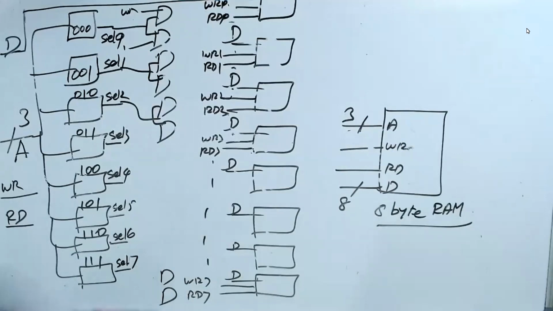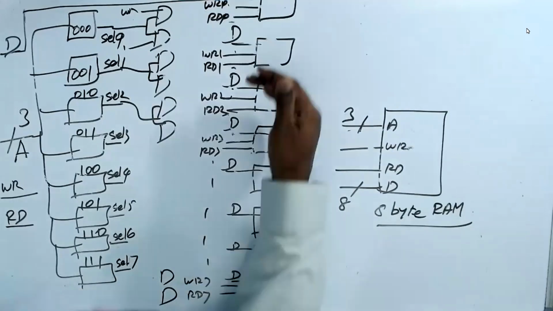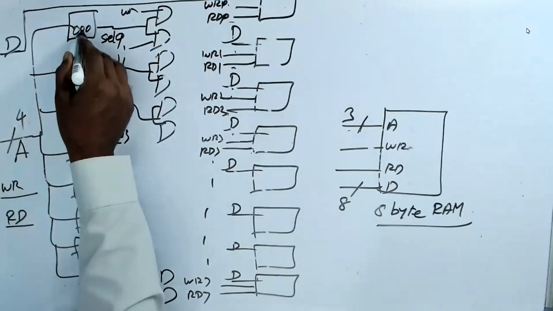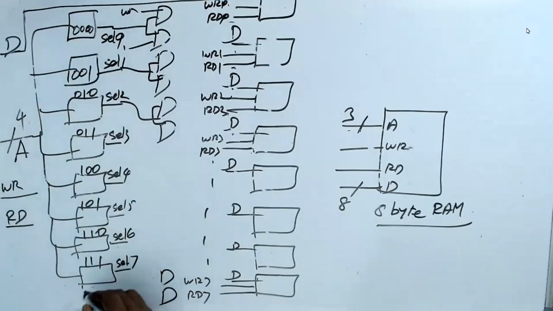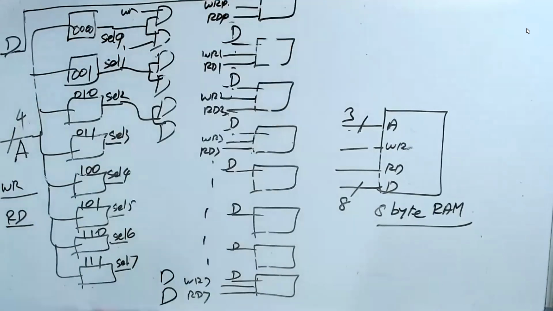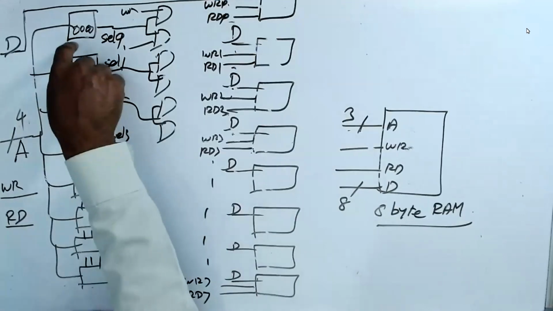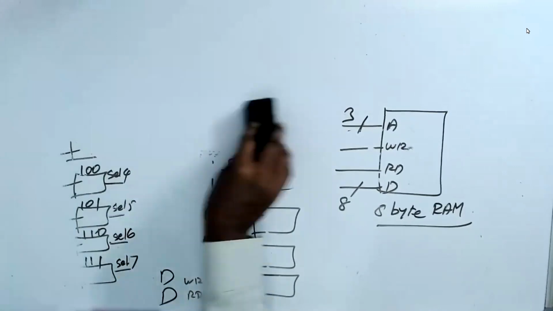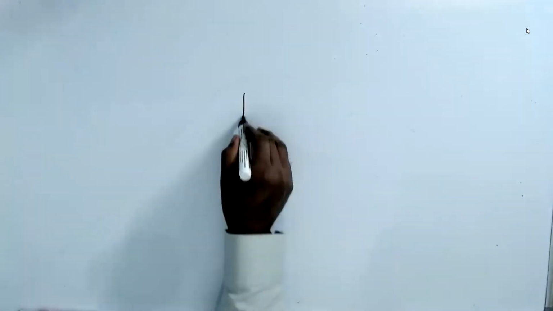Now think of it, same thing. If I have 16, I'll have 4 wires. And that means I have 16 combinational logics. Every combinational logic will select 1 device. That means everybody is having a name. That name is selected by the combinational logic. So now think for 1 minute. If I have